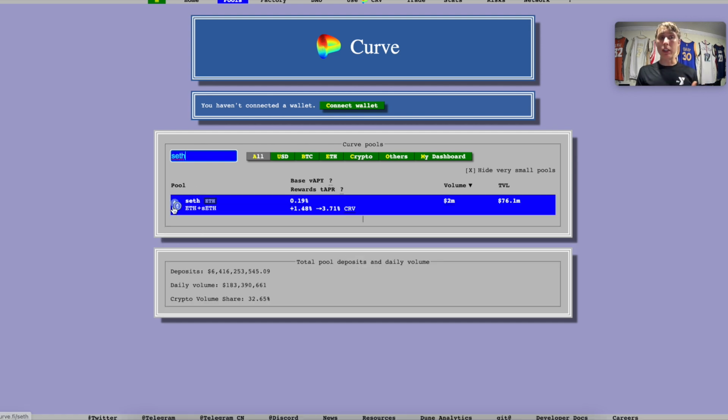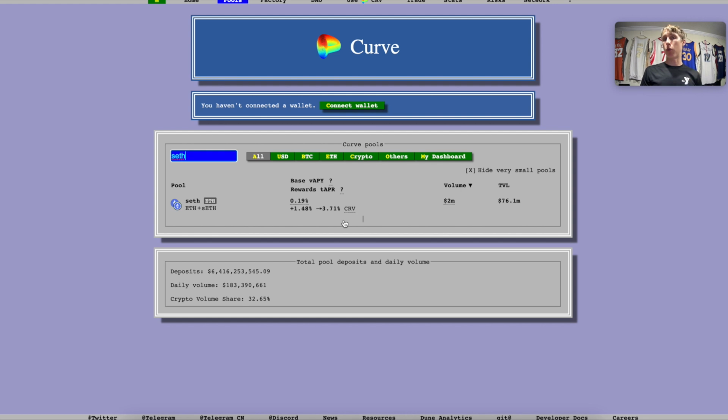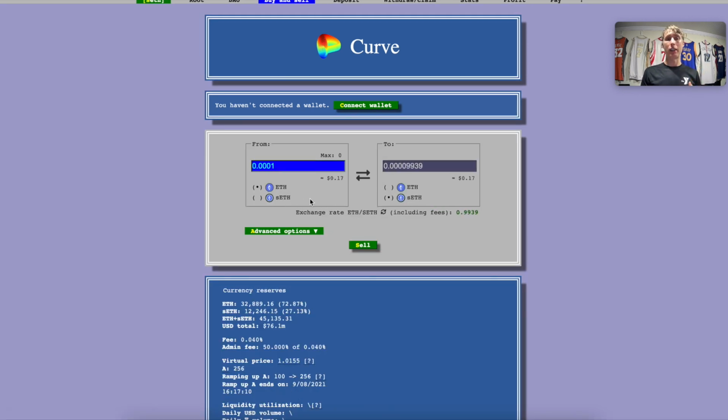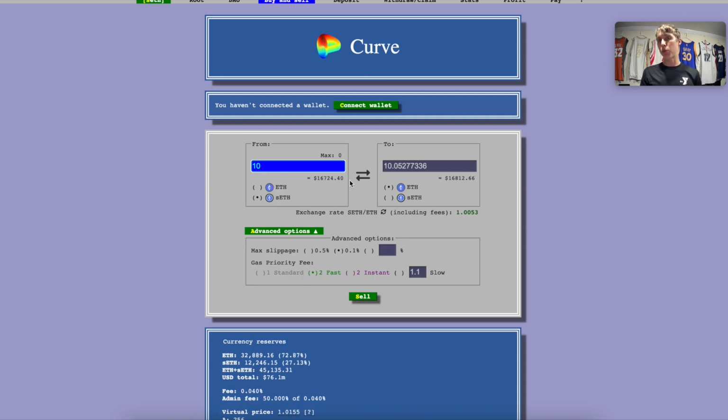If you got some ETH, you can actually earn about a 4% yield. Sometimes this is as high as 15 to 20% on some ETH. And theoretically, it's kind of single-sided at the ratios it's trading at. In fact, sETH trades at a premium to ETH. So if you had 10 sETH, you'd be able to swap it and get 10.05 ETH. And the reason why it has this premium right now is because there is a lot of demand in order